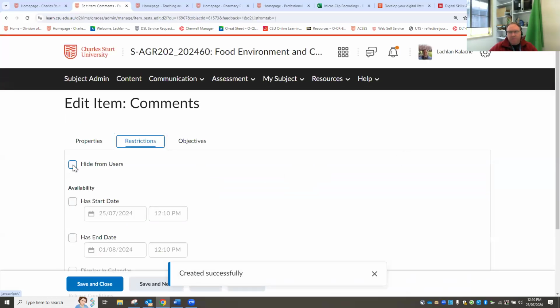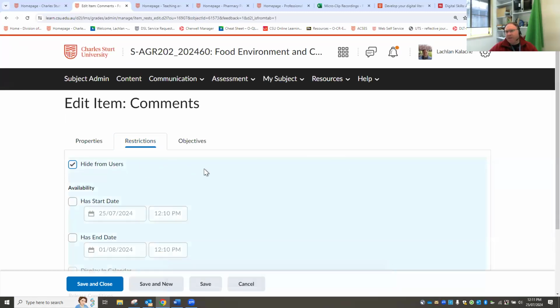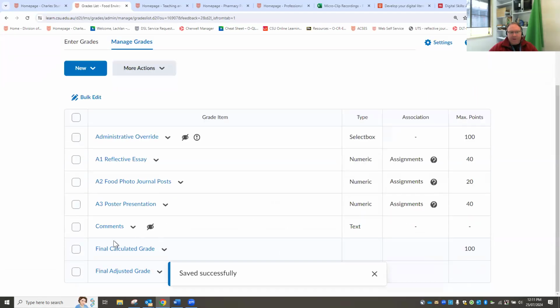and hide from users. So I want my comments to be available to other academics, my other markers, my conveners, whoever else has access to your gradebook, but I don't want the students to see it. So we click hide from users. And at that point, save and close. And we now have our comments column sitting there waiting for academic staff to use, but not for students to